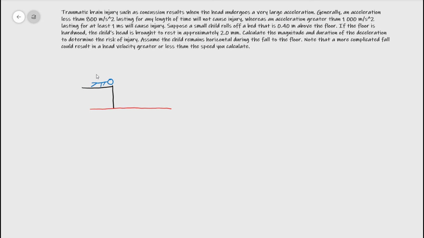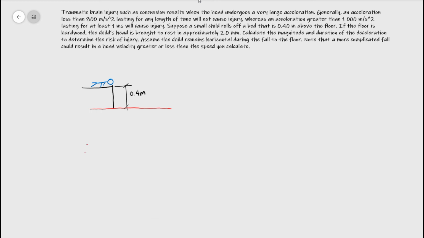And he rolled down, or he falls to the hardwood. The height of the bed from the floor is 0.4 meters, and the moment he falls, let's say again,